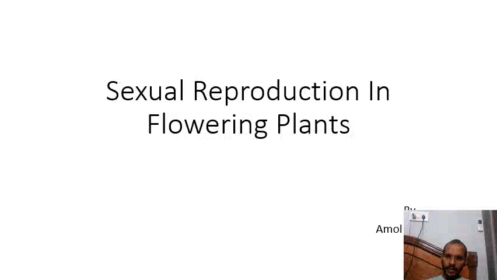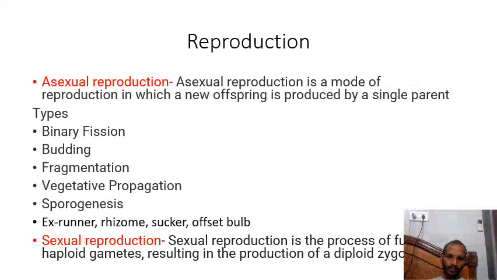What is the meaning of reproduction? Reproduction means producing a new offspring which will be the same in physical and genetical character. There are mainly two types of reproduction, sexual and asexual. What is asexual reproduction? Asexual reproduction is a mode of reproduction in which a new offspring is produced by a single parent. Means in asexual reproduction, only one parent will be involved,